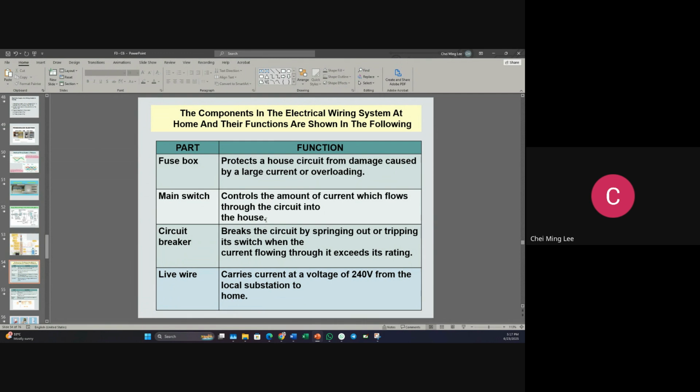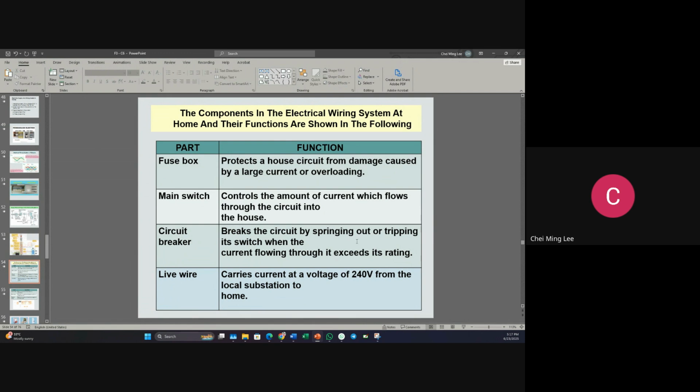Circuit breaker: it breaks the circuit by springing out, or tripping the switch, when the current flowing through exceeds the rating. So this is where, when there is something wrong with your appliances, or sometimes a lightning strike, so too much power, too much current,